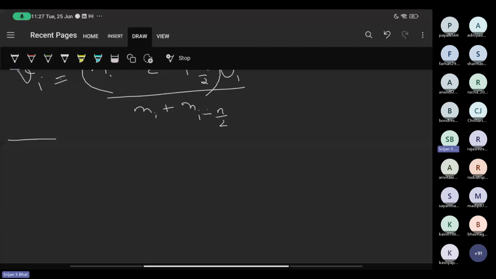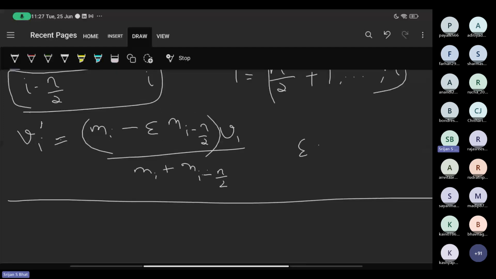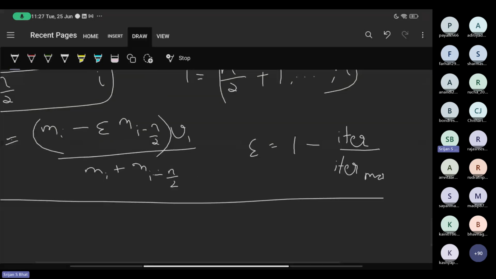Now there is also one more thing, which is epsilon is defined as 1 minus iteration over eta max. This epsilon helps in your exploration and exploitation, where if the epsilon value is 1, there will be exploration, while if your epsilon value is 0, which is a perfectly inelastic collision, then there will be more exploitation.